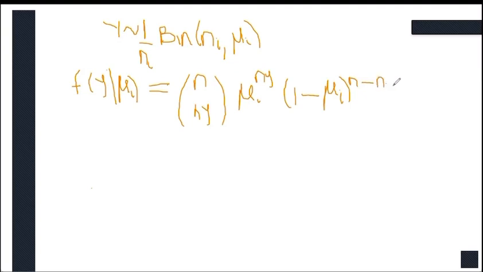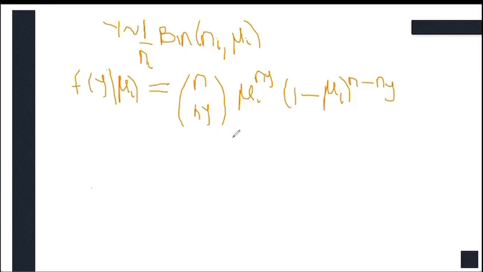So this is a scaled binomial, because we have 1 over n binomial. So when you take a look at what I have right now,